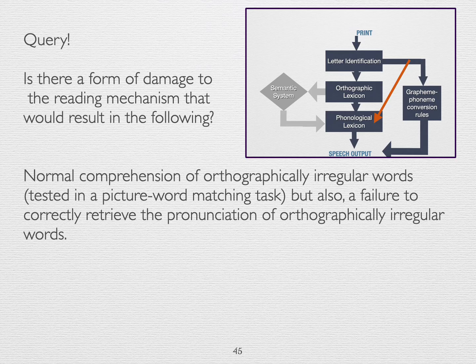But you can access a pronunciation using grapheme phoneme conversion, and then you hear yourself produce the word. Now if you hear yourself say tortoise, you'll say, that's what that says, it's meaningless. If you hear yourself say B-E-A-D is bed, because the rule says E-A-D is ed, as in dread and spread and so on, you'll say, I know what that says, bed. You lie on it, even though it says B,